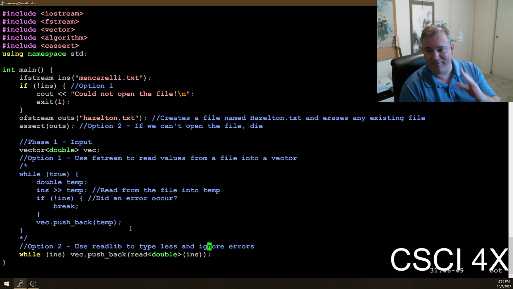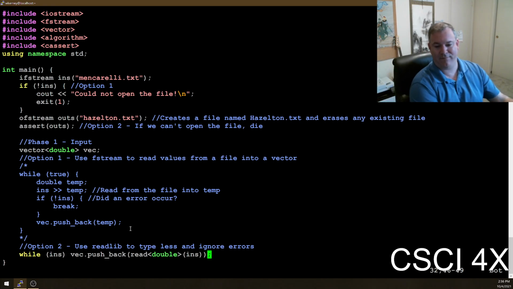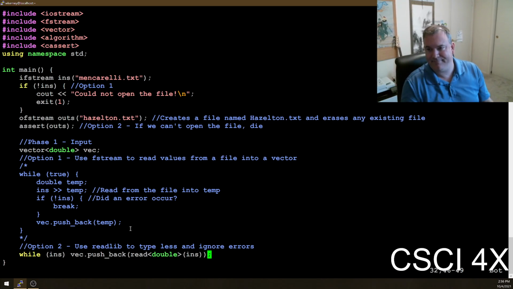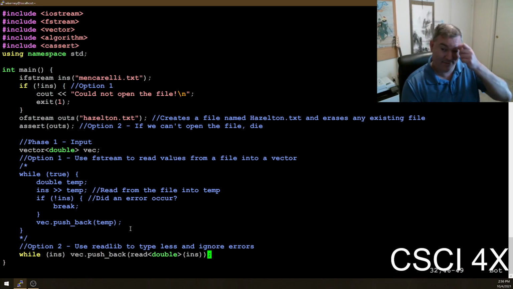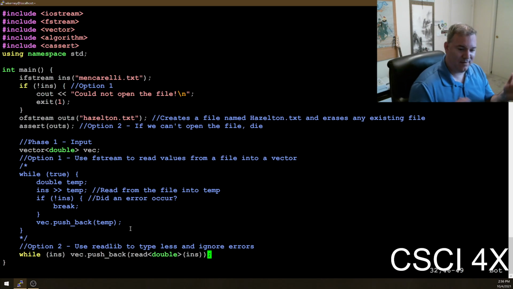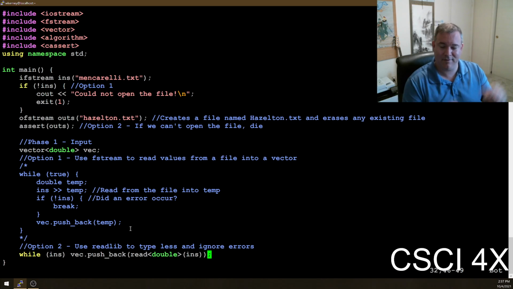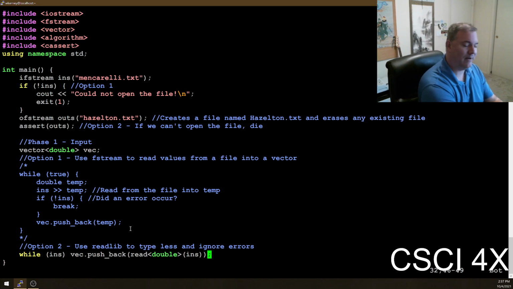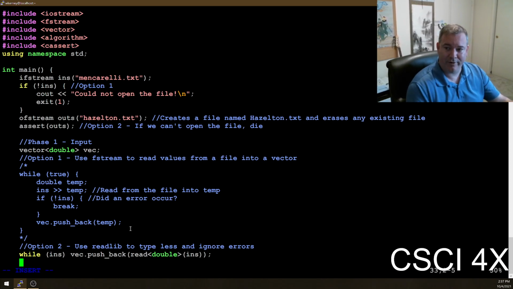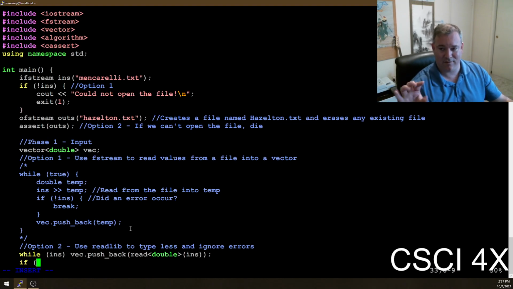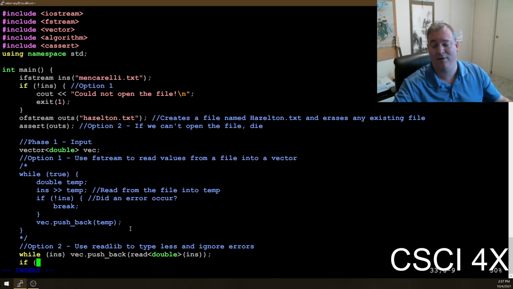Trouble is, the very last read you do is an error, and so you'll end up with an extra 0 at the end of it. I've thought about different ways of fixing that. I might make a single line command that will just have a vector and a file and read all the values into the vector. Maybe, for version 2.0. But if you read anything, you're going to end up with an extra 0 at the end, because the last read you do fails because you go off the edge of the world, and it'll put a 0 at the end of the vector.